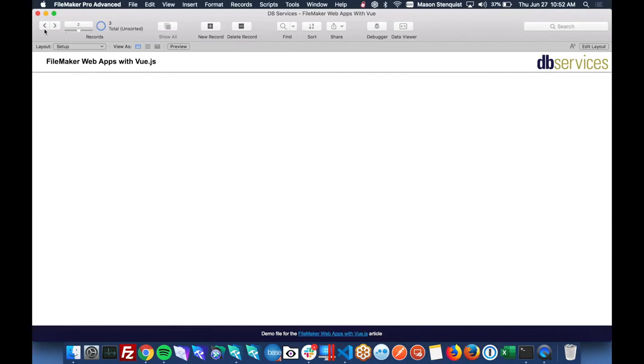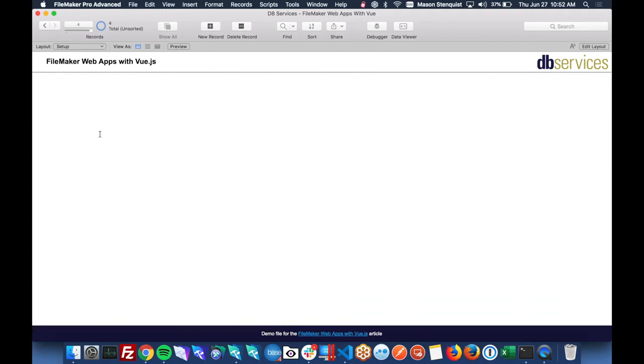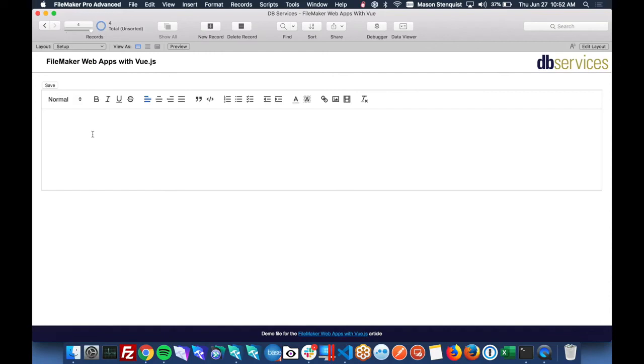It'll save your records if you come back and forth. New records. So yeah, it's working pretty well. The only thing that we'd probably want to do is get away from having a save button. That's a little bit more complicated, so we're not going to tackle that today. Obviously people in FileMaker are used to not having to hit a save button. But they're also not used to rich text formatting like this, so it's a very nice way to do that.